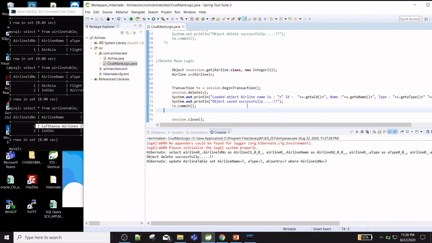We need to call the delete method on the session, and in Hibernate we have only one method to delete an object from the database, which we will discuss later.